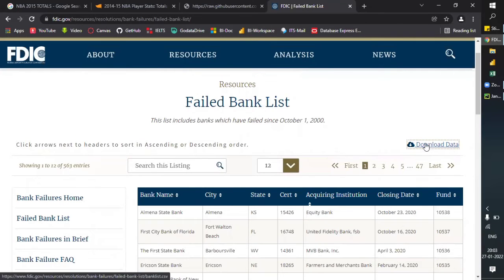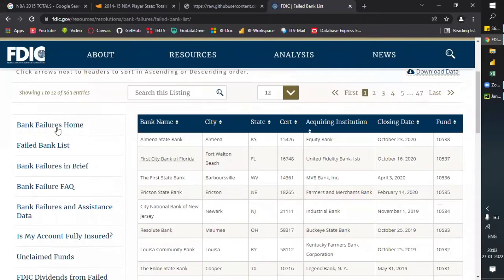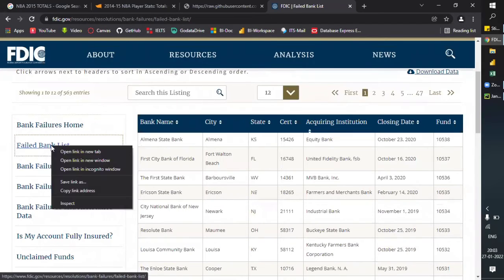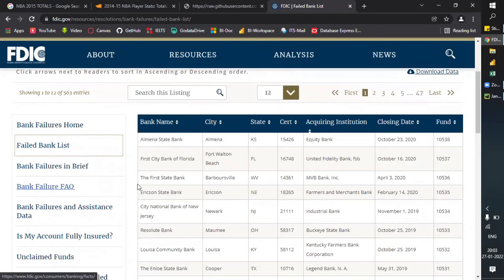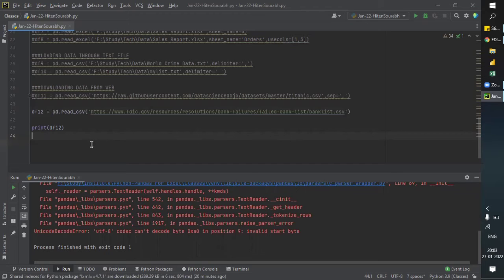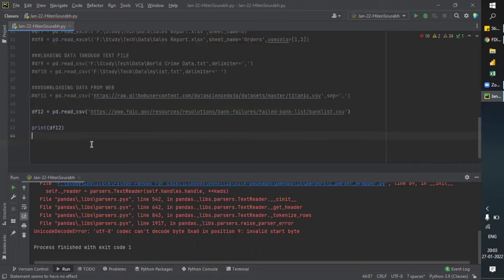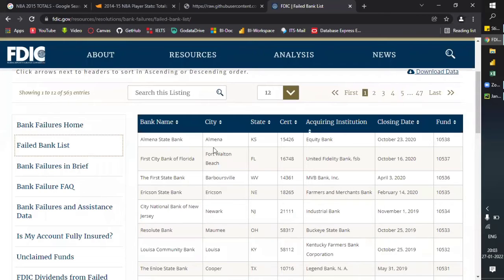CSV file. Okay. Field and start to open this field bank list. Now let me just paste it here. It's giving the same format.